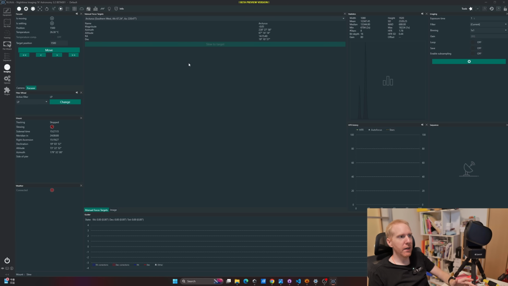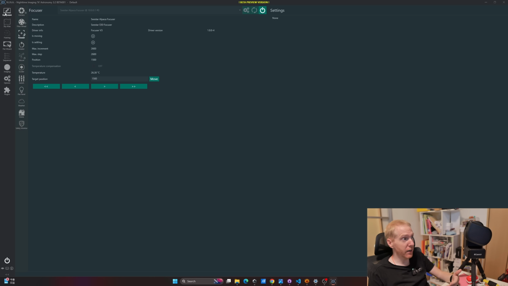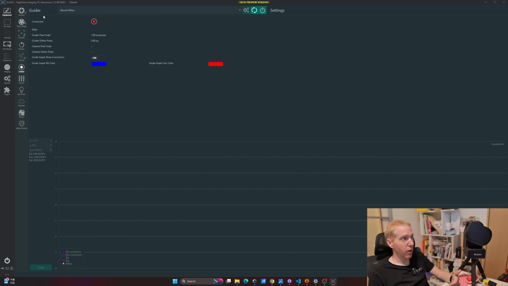One thing I don't know is whether the SEESTAR will try to automatically do dithering after X exposures as usual, or whether it will rely on NINA sending the dithering commands, which you can do under guider, mount dither. Then you can have NINA dither by a certain number of pixels every exposure or every X exposures, but I'm not sure whether it's going to work because it's unable to find a dither duration, like a guide pulse duration